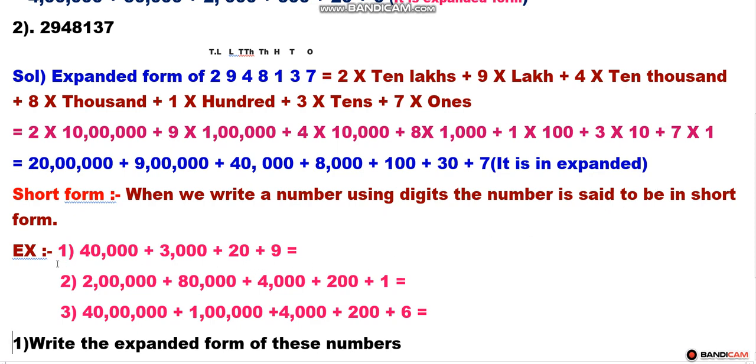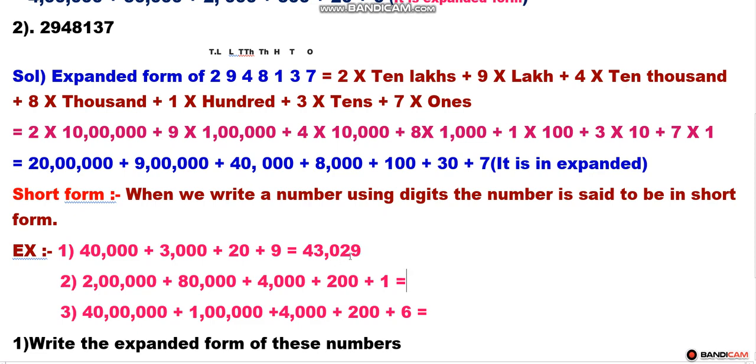See, short form. First example, you see 40,000 plus 3,000 plus 20 plus 9. Yes, 40,000, 3,000. These two digits you should read together in thousands place. So you should say 43,000, comma, plus here 20 plus 9. 20 means there is no hundreds place. So you write the 0. You know how to write 29. Now it is 43,029. See, 43,000. Thousands period, after that ones period, you write the comma.